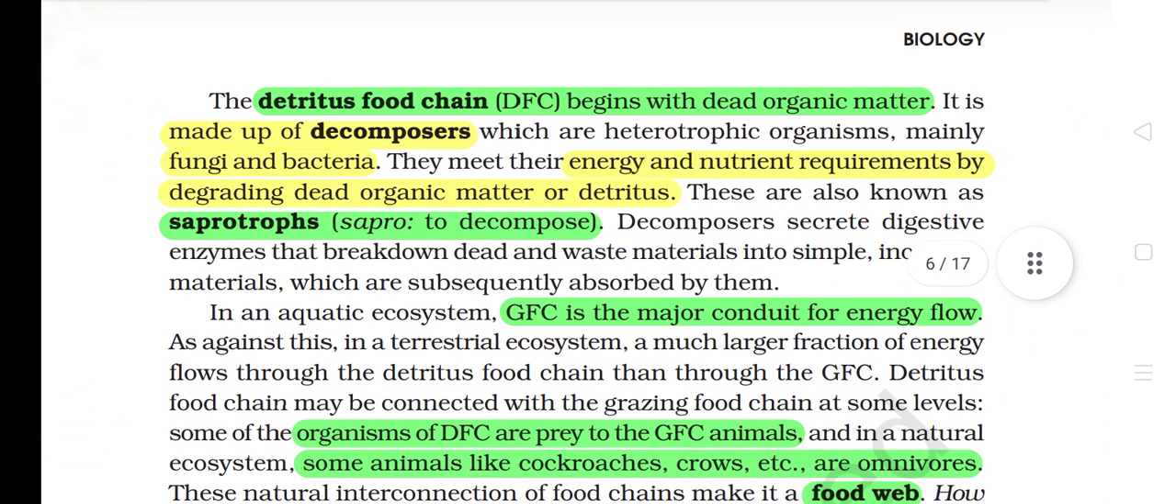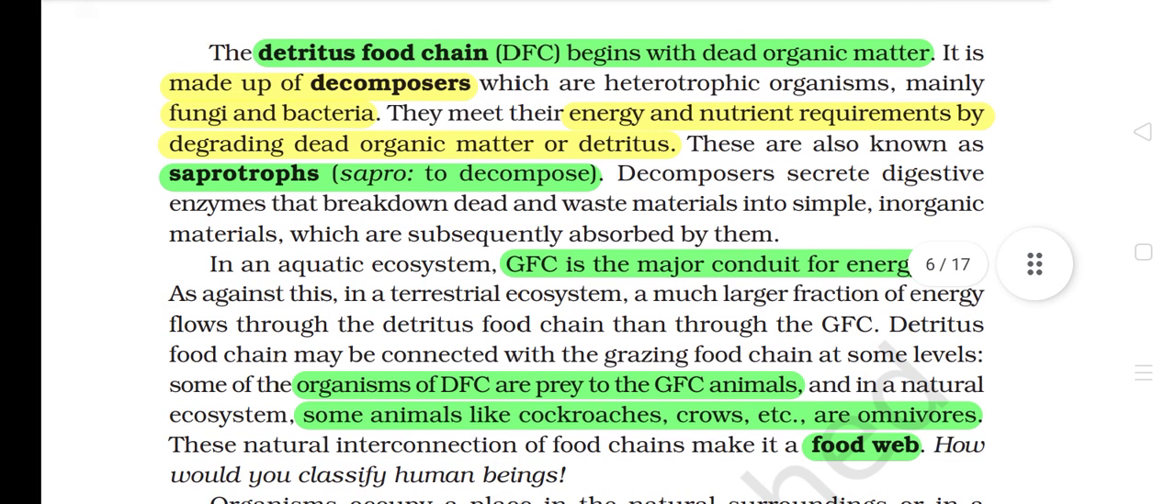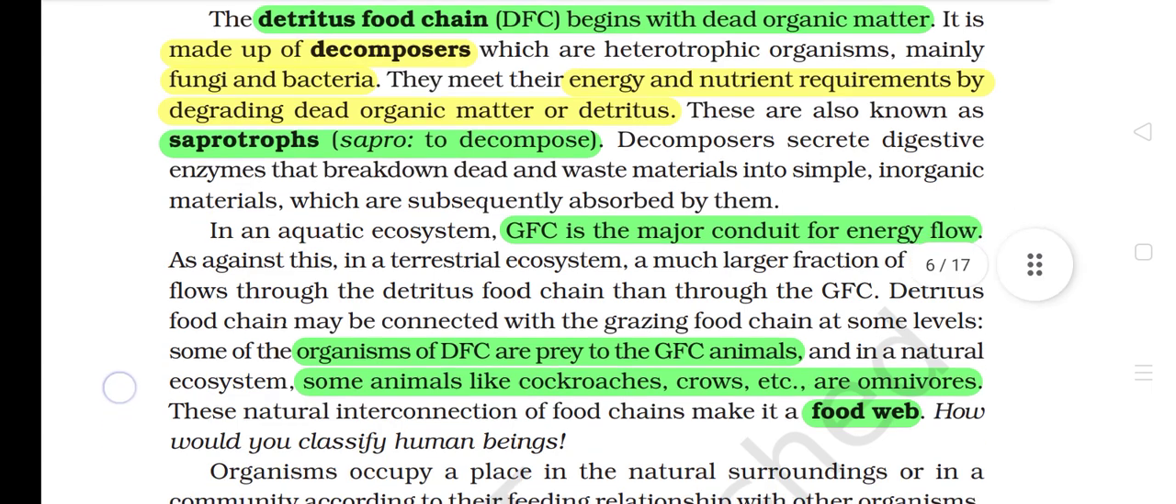The detritus food chain, DFC, begins with dead organic matter. It is made up of decomposers, which are heterotrophic organisms, mainly fungi and bacteria. They meet their energy and nutrient requirements by degrading dead organic matter or detritus. These are also known as saprotrophs. Sapro means to decompose. Decomposers secrete digestive enzymes that break down dead and waste materials into simple inorganic materials, which are